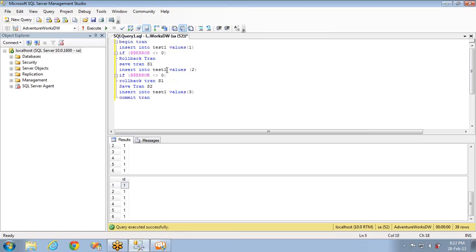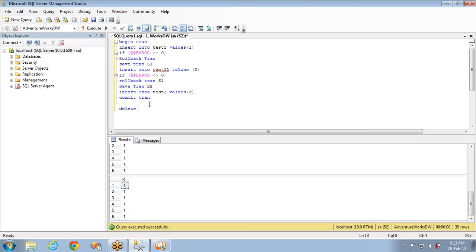If you see, I'm executing this. If there is any error occur, for example, if this is the only statement which is not perfect, which will throw error, then it will check this here and it will roll back, and it will go to the save point, that is, it will roll back up to S1, that is up to here, and it will insert the next record, and finally it will show you the data.